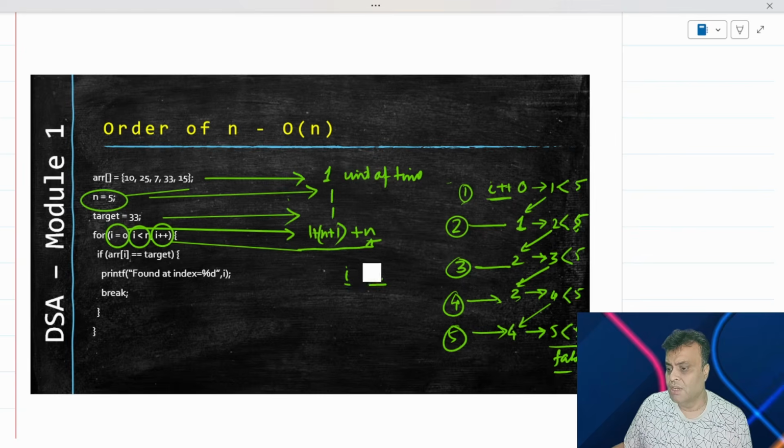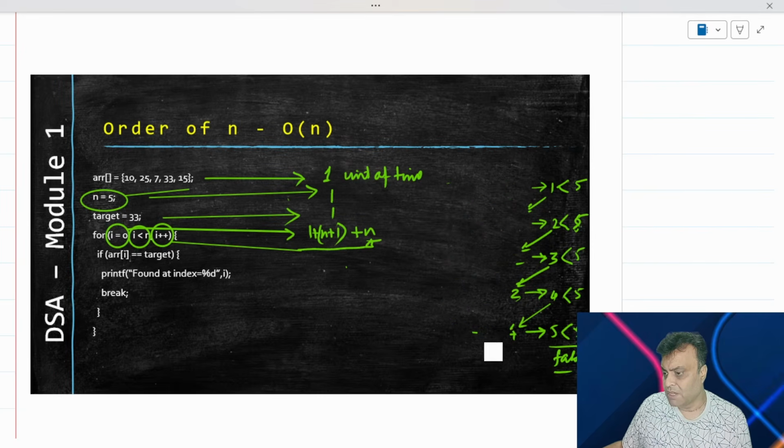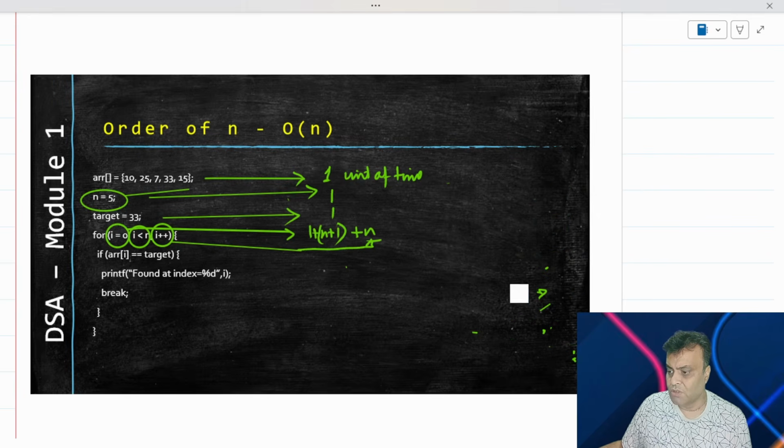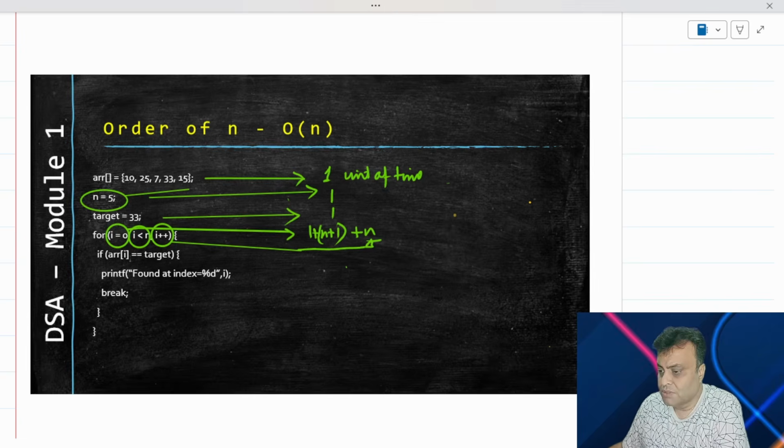Now coming back to the previous one, where I think while doing this there might have been some typo in what we tried to do for n plus 1. Let me explain n plus 1 one more time. What we are trying to do is see I less than n, how many times it executes itself, right? So we have a value of I as 0. We have a value of comparison with n.